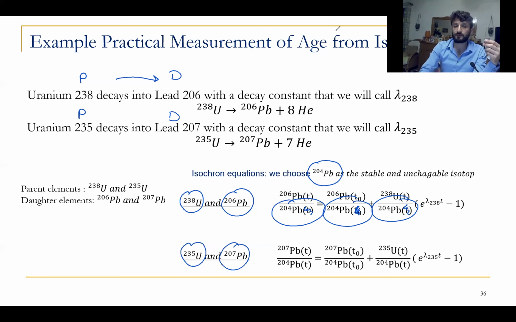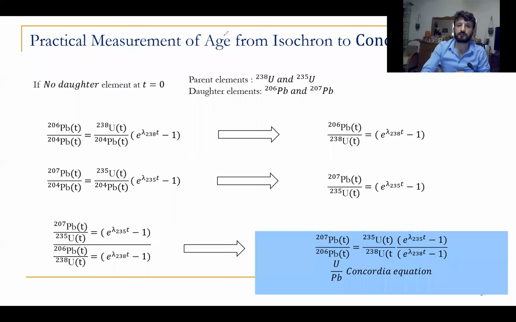What can we do? In general, if we have two parents and two daughter atoms, in this case I simplify the situation where I tell you there are no daughter atoms at T0. Just to simplify, in general I cannot complicate the situation. We don't have any daughter; I just give you two parent atoms and two daughter atoms without initial stable atoms at T0. So in this case, if you come back